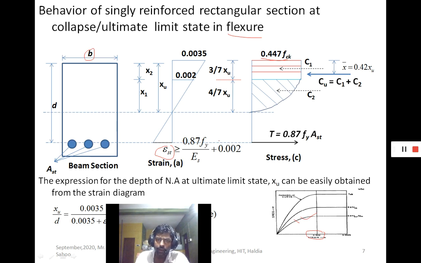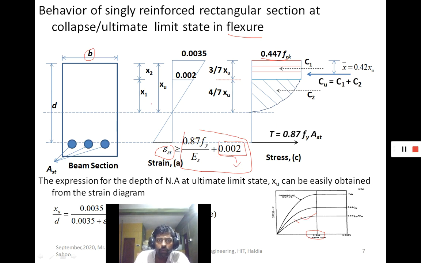Then another inelastic strain is considered. This permanent strain is taken to ensure that the member section fails in a ductile way. So that's why this strain is considered. As per the code, the strain of steel should be more than this amount. This is called the limiting strain. That means the strain of steel shall not be less than this, so it should be more than this.